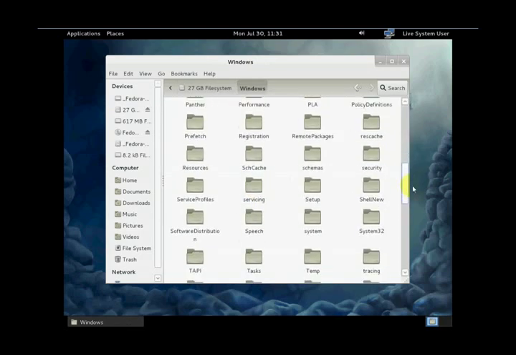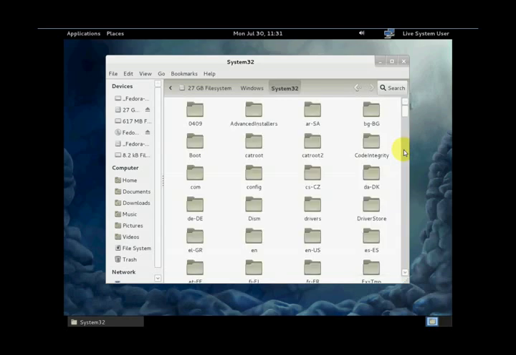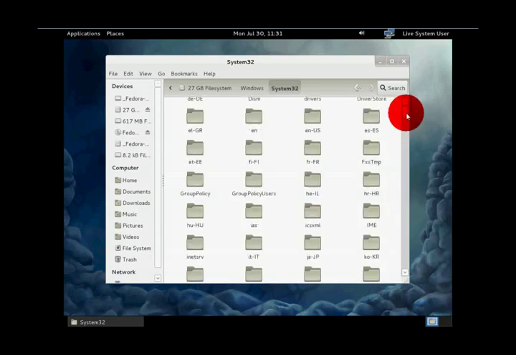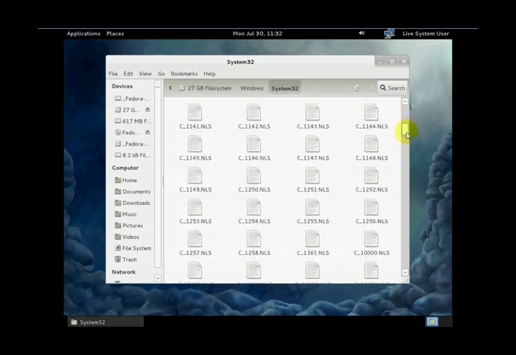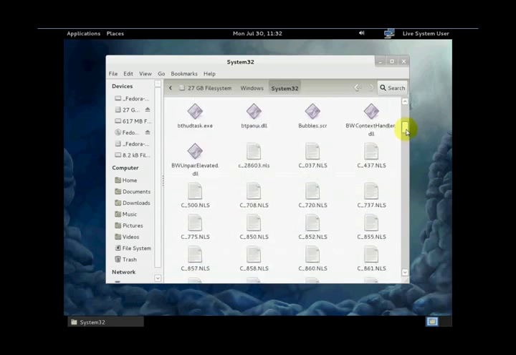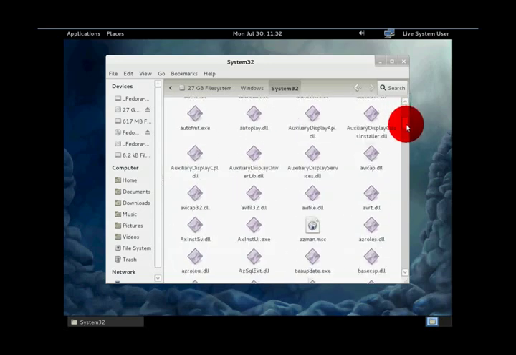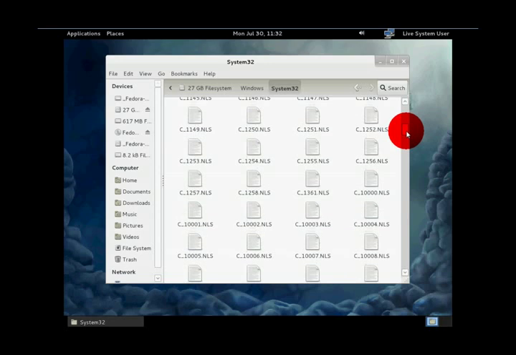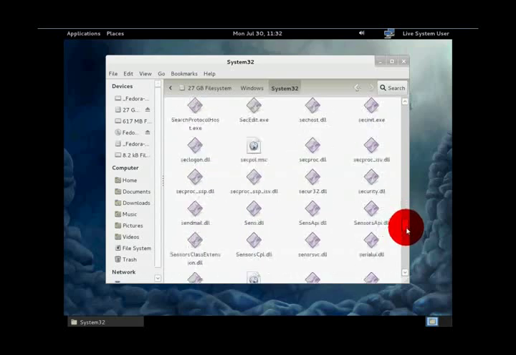System32 folder. After going to system32 folder, we are going to find out the executable files that are relevant to the command prompt and the sticky keys message that popped up earlier. The executable file relevant to the command prompt is cmd.exe, and the one relevant to sticky keys is